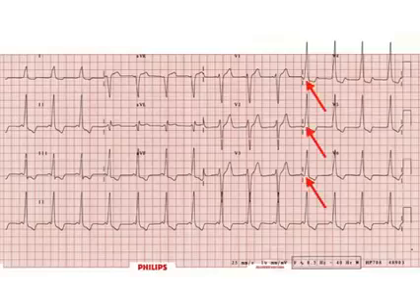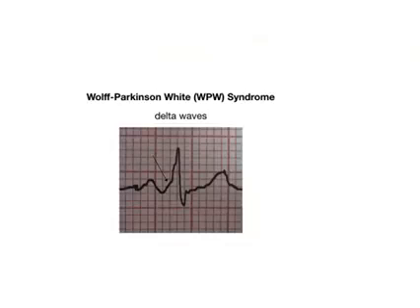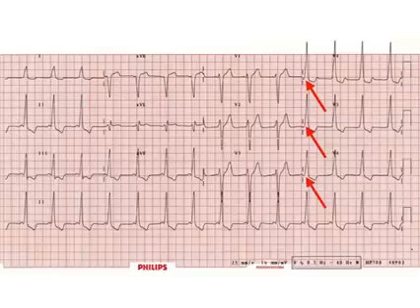This is Wolf-Parkinson-White syndrome, and what I've highlighted here with the red arrows is what's called a delta wave. Now, a delta wave is a slight upslanting of the beginning of the QRS complex. And this is classic of Wolf-Parkinson-White syndrome. Wolf-Parkinson-White syndrome has these delta waves, these slight upslanting of the QRS. And if you really put on your bifocals and zoom in here, you can see that upslanting portion of the